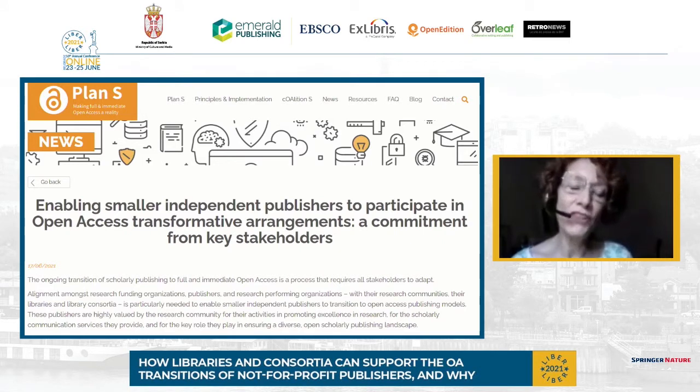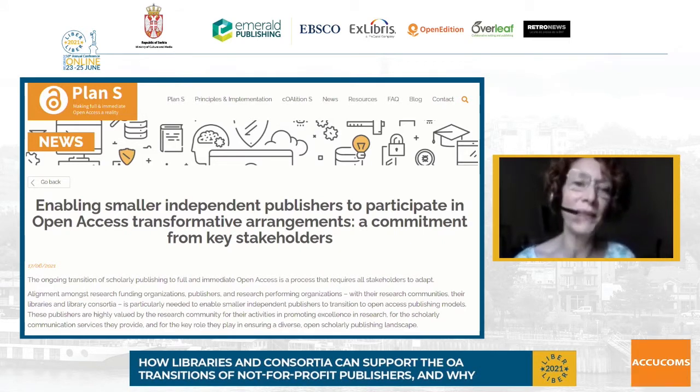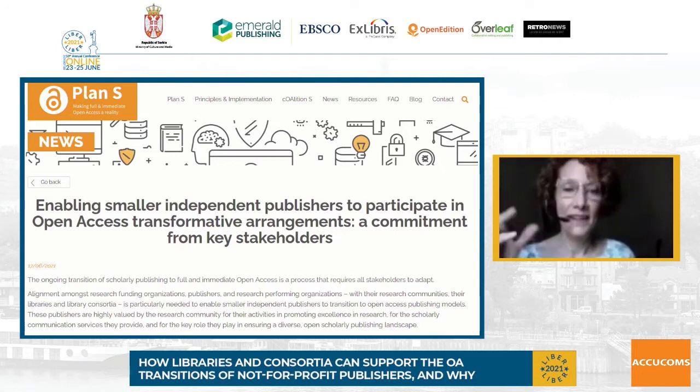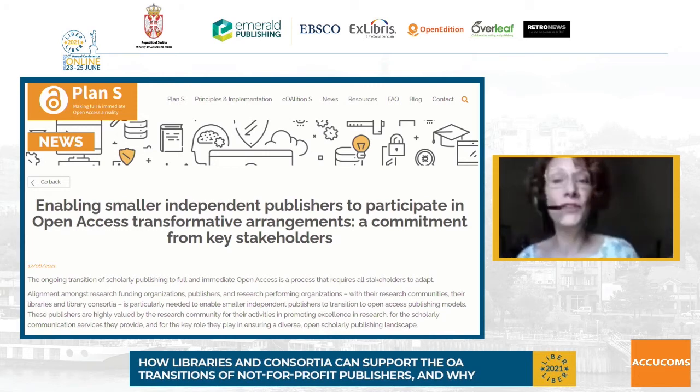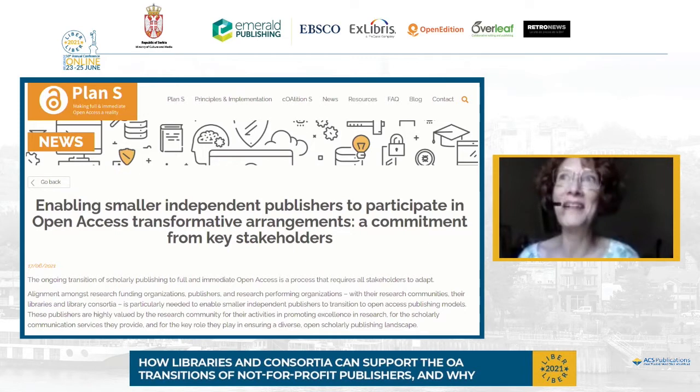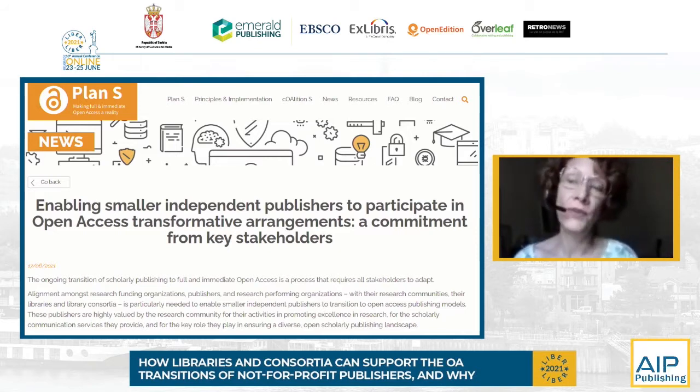But also mention, Alicia mentioned them as well, but ALPSP, Coalition S, ESAC, JISC, OA 2020, we are all initiatives that happen to be located in Europe. But the fact that we have library consortia like the Center for Research Libraries in the US and Lyrasis, also based in the US, is a fantastic opportunity, because it's a way of coming together, creating a larger network of organizations that are aligning and are wanting to work together to make this transition sustainable,